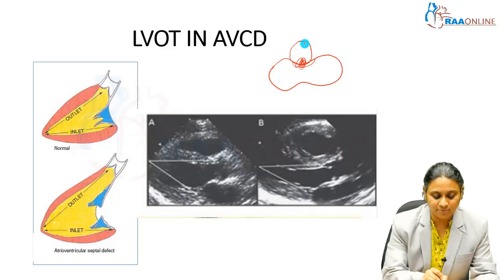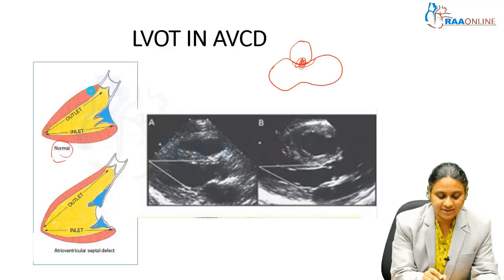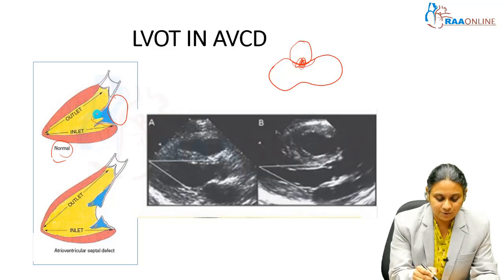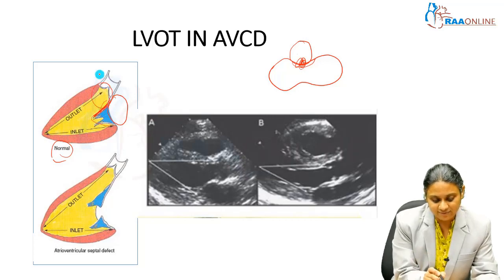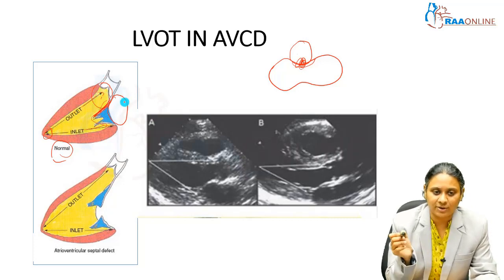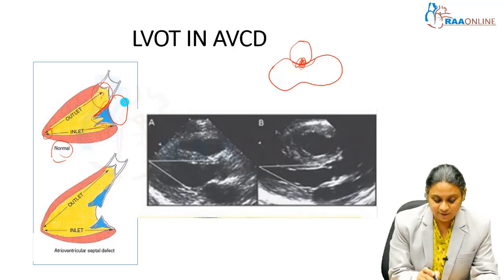You can see normally what happens. This is the left atrium, mitral valve, this is the left ventricle. So this part of the ventricular septum or the AV canal supports this LV outflow tract in such a way that from the apex, the inlet is at the same distance as the outlet. So this is normal. In case of AV canal defect, this is the left atrium, the AV valve is at